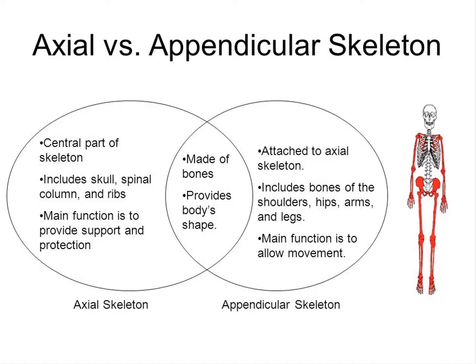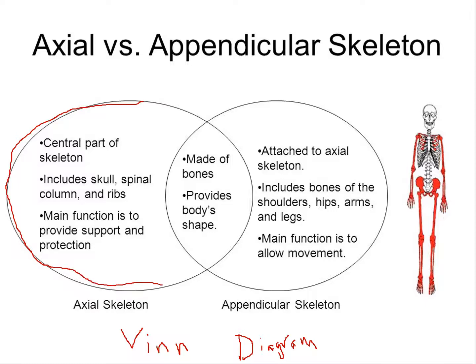So again, this is called a Venn diagram. I may have mentioned this before in another video, or maybe in another class. This is something that's very popularly used. This is to show, hey, these are the things that you'll find in the axial, and then here, maybe I'll change colors here, here's the